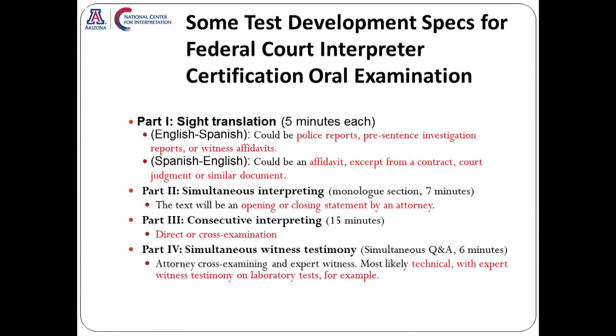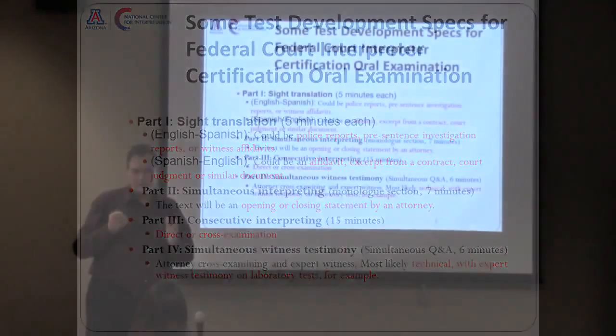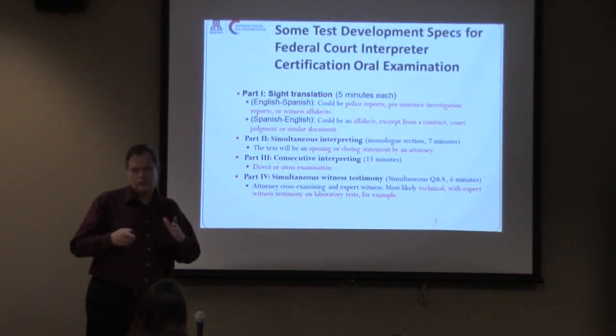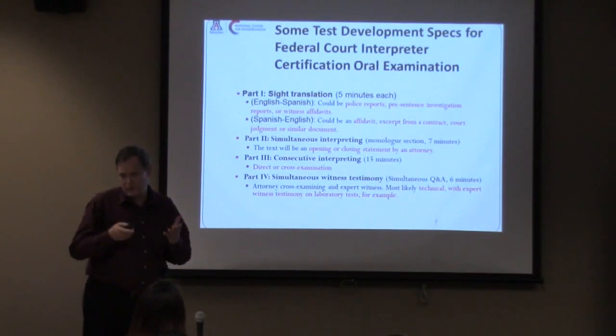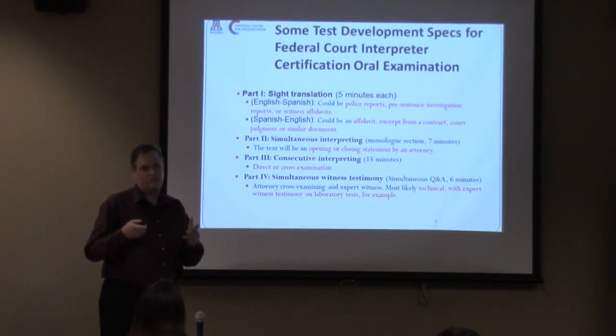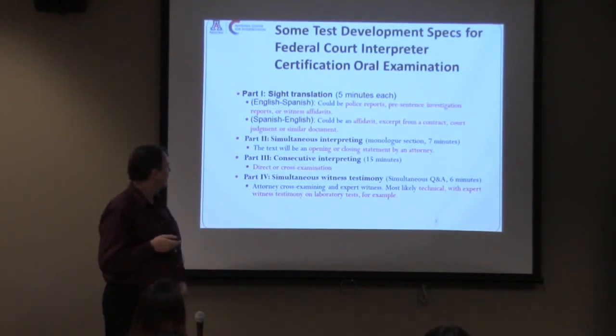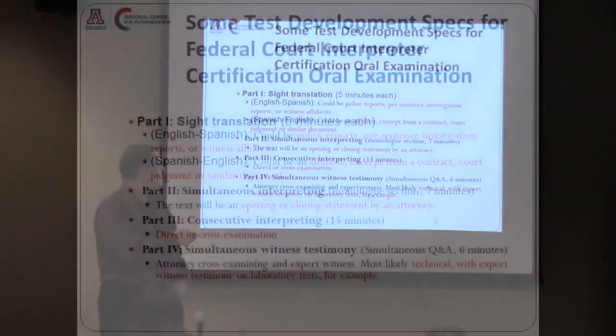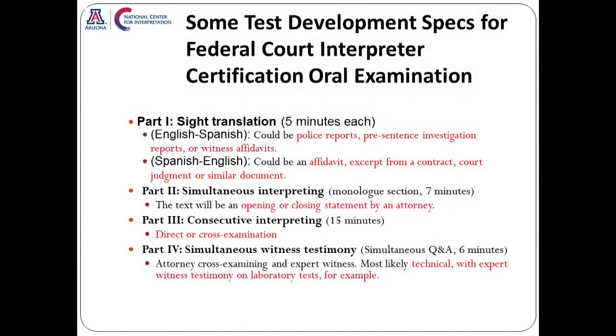So I would recommend, if you're going to practice for the federal oral examination, that you concentrate on English police reports and concentrate on using the skills of sight translation, where you review the document and then restructure it into Spanish, and then you get some time to review it before you actually sight translate it on the test, and then render it. It could be pre-sentence investigation reports or witness affidavits too,